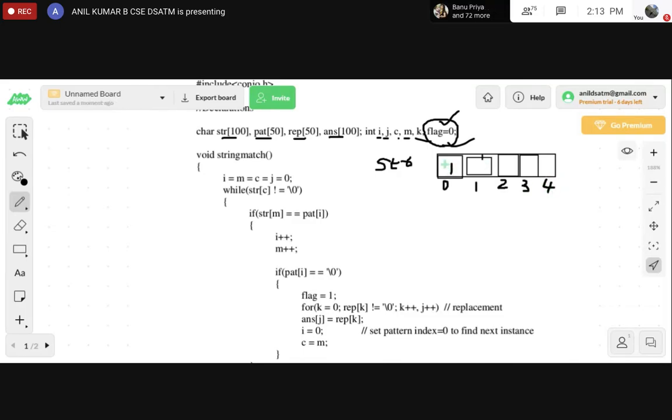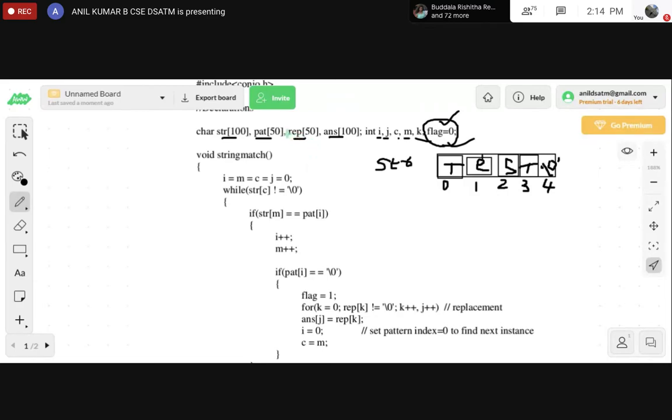So the given input string is T, E, S, T, test, and ends with a null character \0. Okay, this is the first input string we have taken.